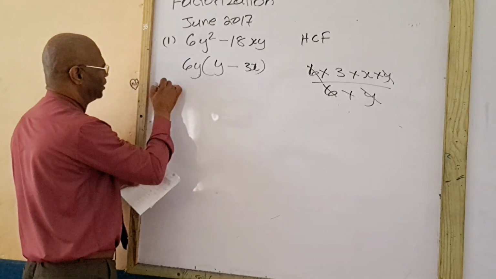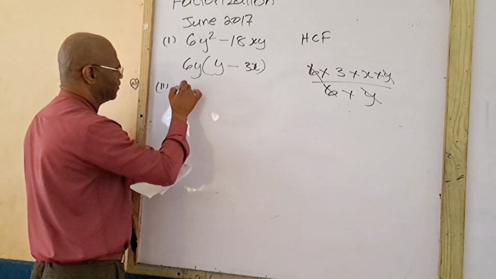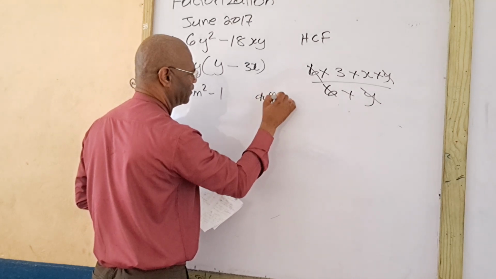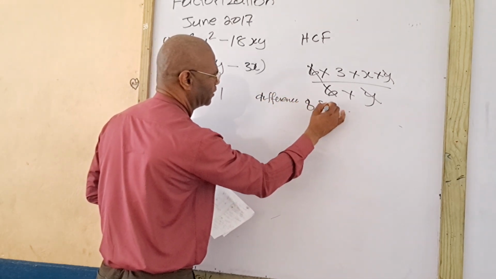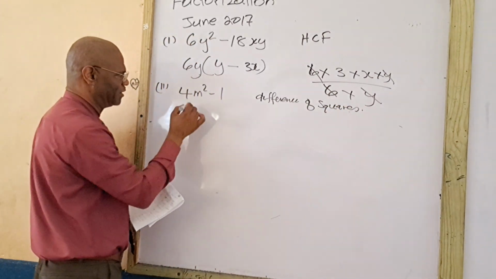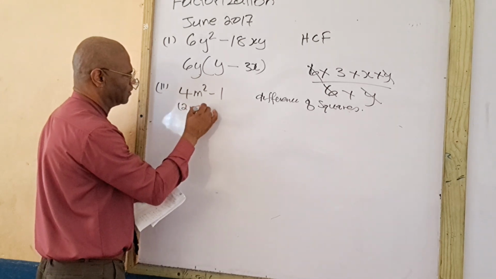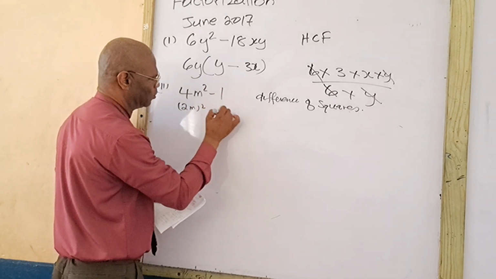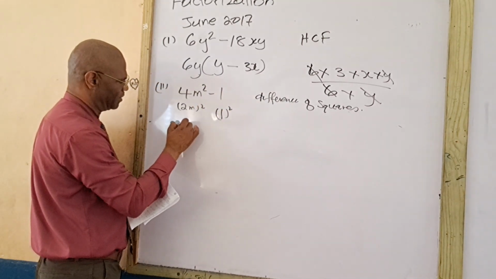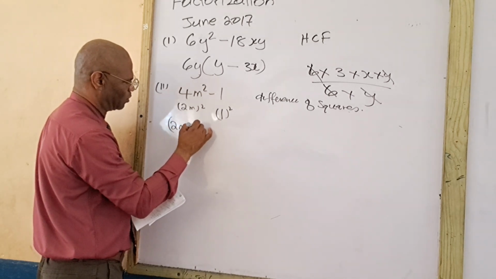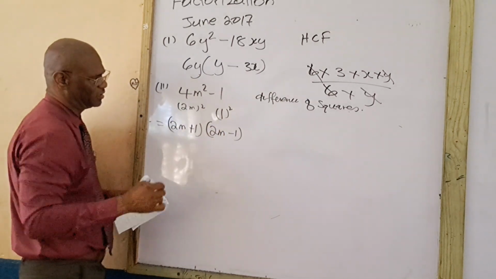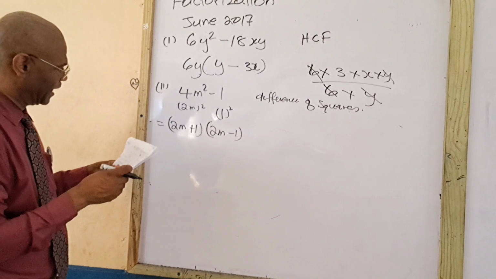we have the second one, 4m squared minus 1. Now if you notice, this is the difference of squares. Right? The square root of 4m squared will be what? 2m, and the square root of 1 is 1. Right? So we now have 2m plus 1 into 2m minus 1. Right? That's your answer right there. Good. And the last one,